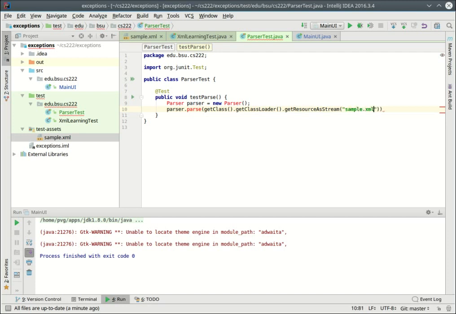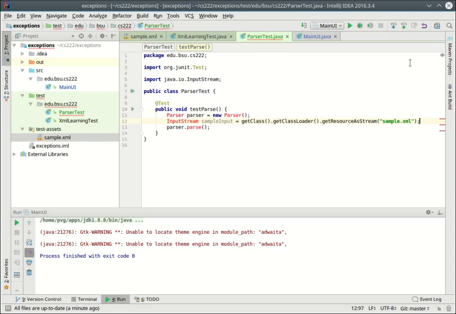There we are, sample.xml. All right, so let's break this out a little bit to make it clearer what's going on here. Let's say I have an input stream called sample input. There. Import that, and if I parse my sample input, let's say this gives me back a list of revisions,